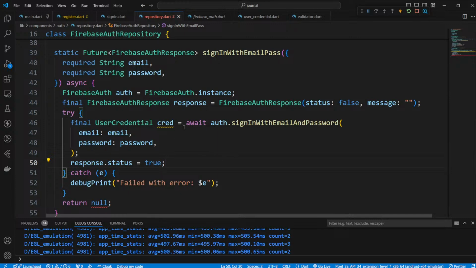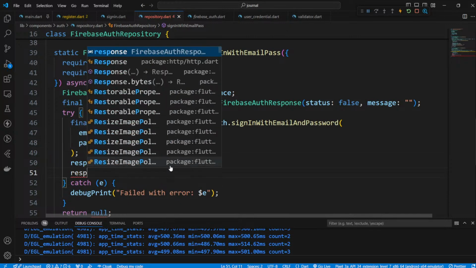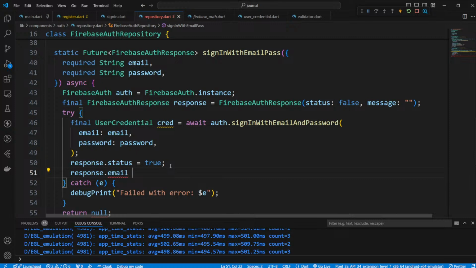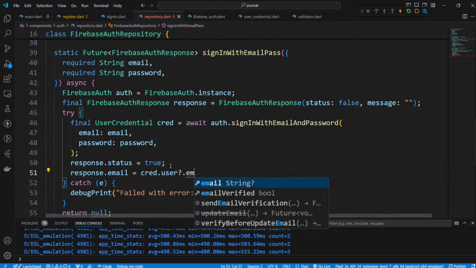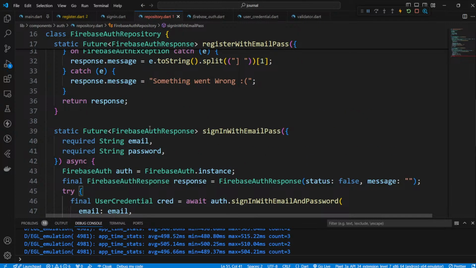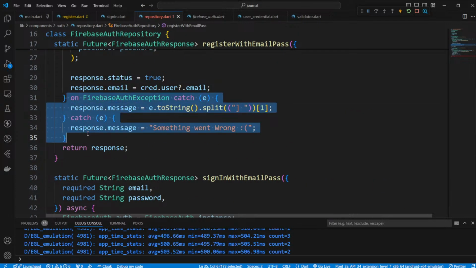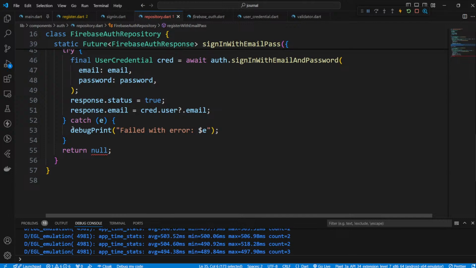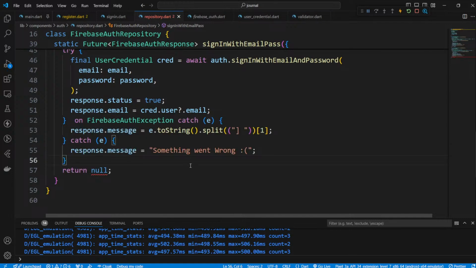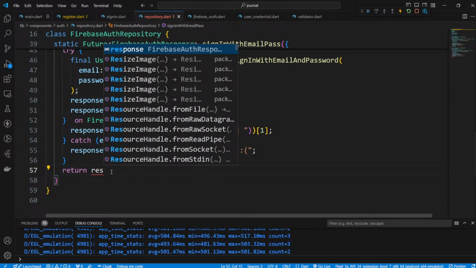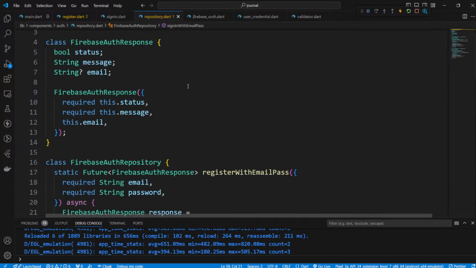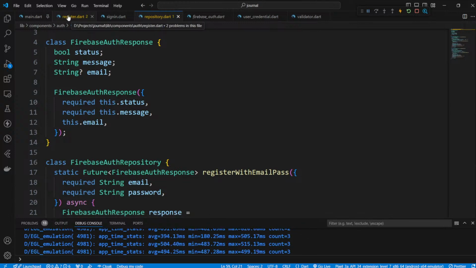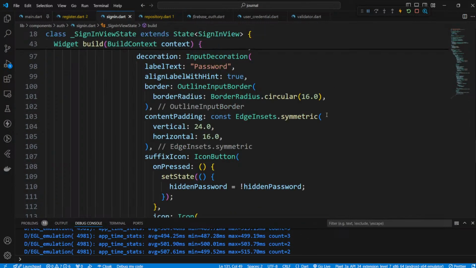And response dot email equals create dot user dot email, something like this, and the same thing will come here. And here we can just return the response. This should work fine for us. And in the sign in flow,